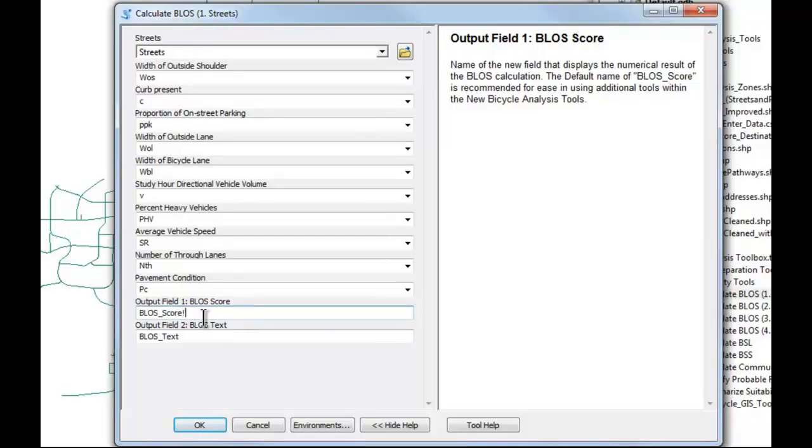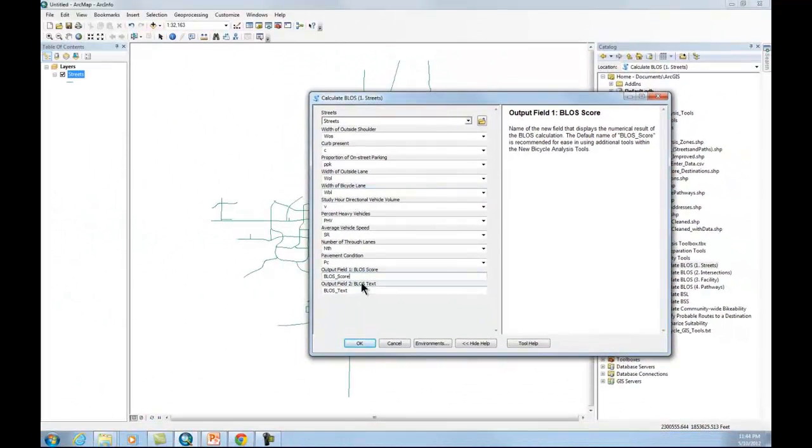But again, I could call this BLOS score 1, which would maybe be for scenario 1. And then I could go in and change the width of the bike lane, for example, and then call it BLOS score 2 and have a different score output for a different bikeway system, for a different street system under different conditions. Now that I have all of the input there and all of the output defined, I'll click OK